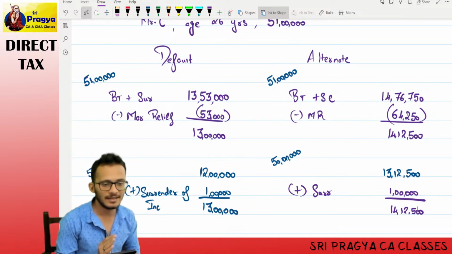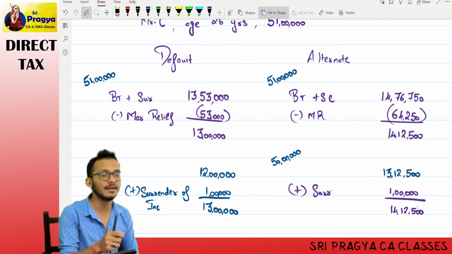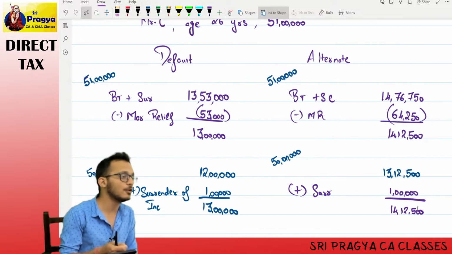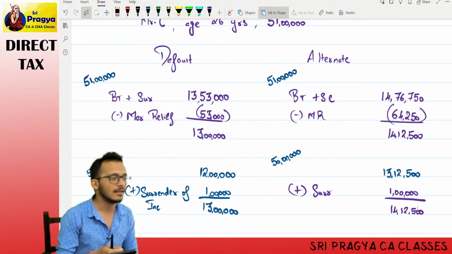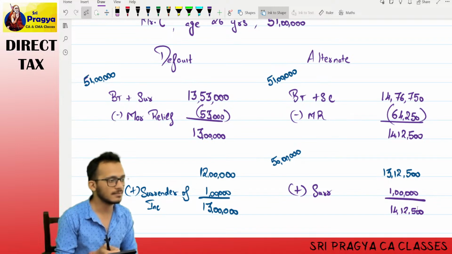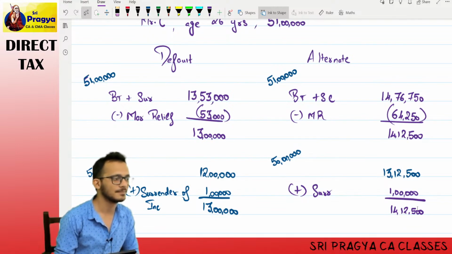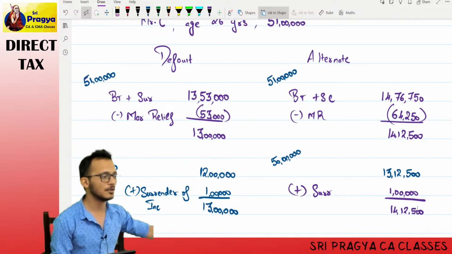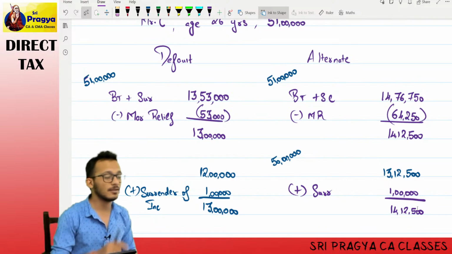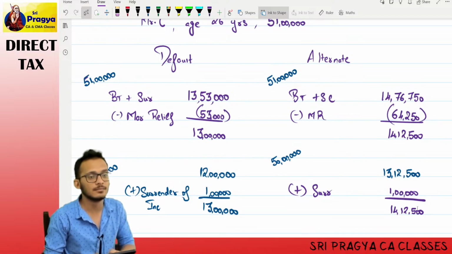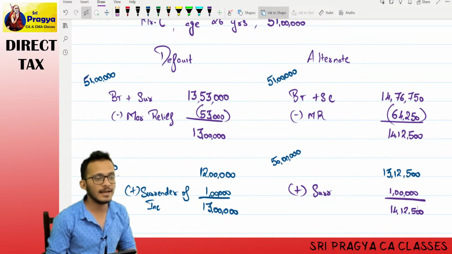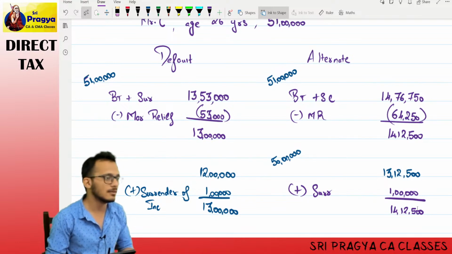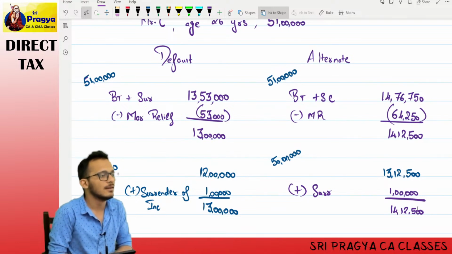I'll tell you why. I'm saying you do one thing, you surrender your 1 lakh, and I will ask you for nothing extra. Before you started this sum, I told you one thing: compute only till there, don't compute further. What is missing? Cess on top of the number. Now think about it. I told the government, I'm surrendering 1 lakh to you, don't ask me anything extra. The government is saying, you surrender me 1 lakh, but pay me an extra 4%.